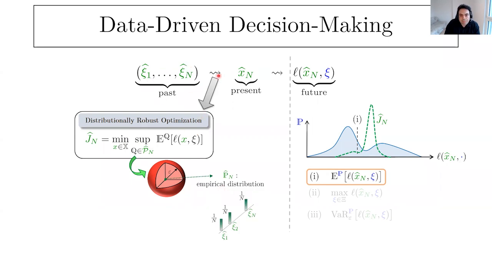So the input to this optimization problem, DRO, is basically the center of the ball. And typically this is an empirical distribution, where what that empirical distribution means is basically a discrete distribution where the weights are uniformly concentrated on the data points. So that's one choice, which happens to have nice properties with respect to the first risk measure.